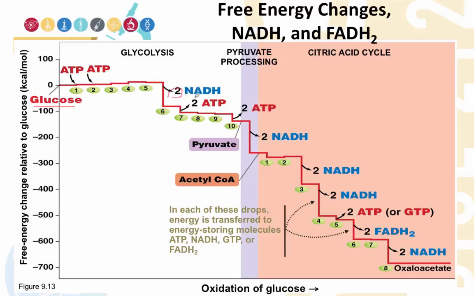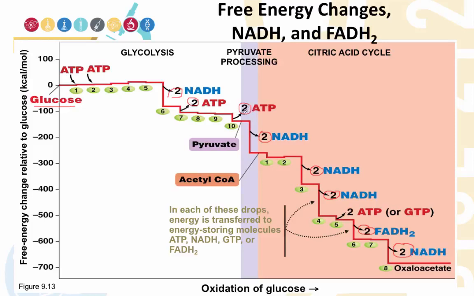So we have 2 plus 2 plus 2 plus 2 plus 2 equals 10. 2 molecules of FAD are reduced to FADH2 and 4 molecules of ATP are produced